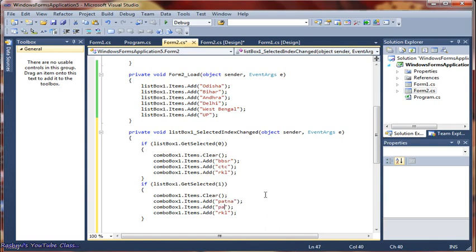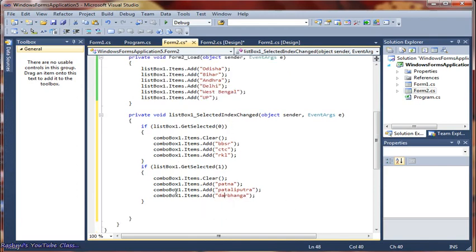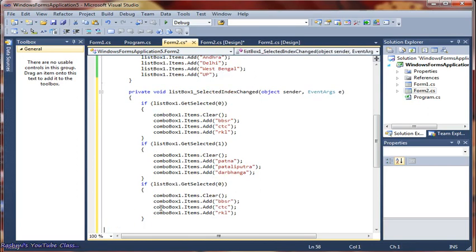So for Bihar we can write here Patna, Patliputra, and suppose Darbhanga, anything, just I am giving some city names. Same way for Andhra we have to specify. Now I am writing for West Bengal. Suppose West Bengal, the position is what? 0, 1, 2, 3, 4. So I have to make it 4. Fine, 4 means it is West Bengal. So I can write here Kolkata, Darjeeling, and suppose Jalpaiguri.